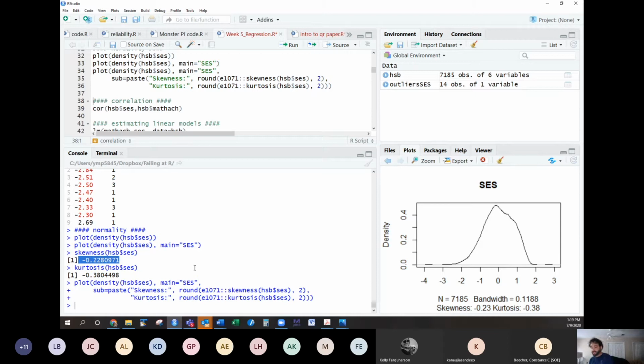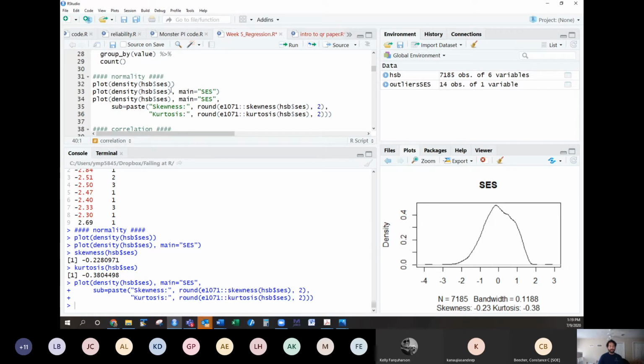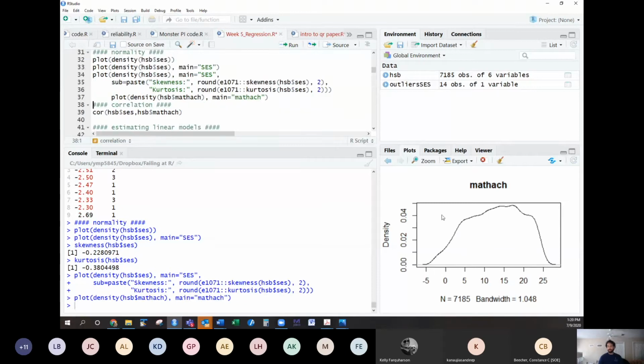All right, so the data looks reasonable. The skewness, the kurtosis, that doesn't look bad to me. And then let me actually plot math achievement. I didn't actually include that in there, so let's do. Here we go. Kind of platykurtic in some ways, but not horrible. I'm not too worried about it. All right, so once you use some of those basic diagnostics to get a sense for normality, linearity, looking at outliers,